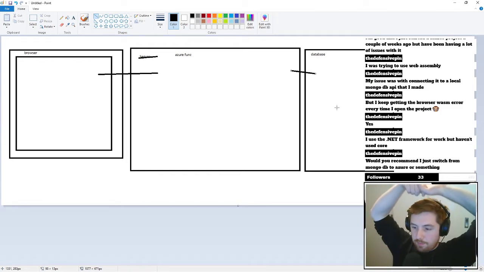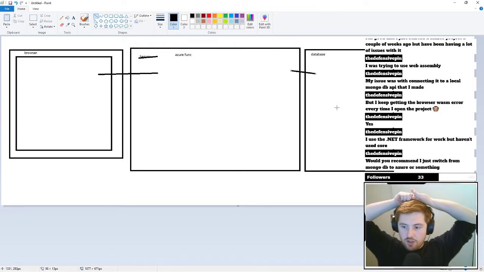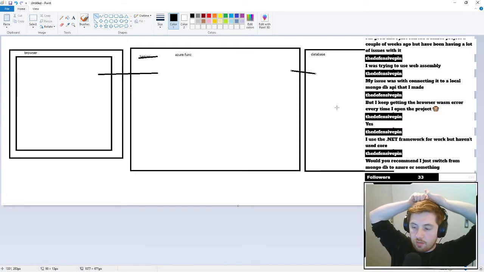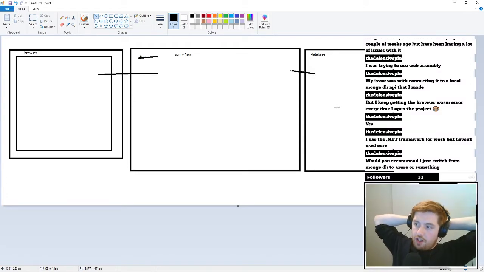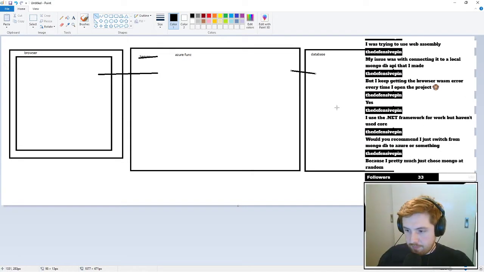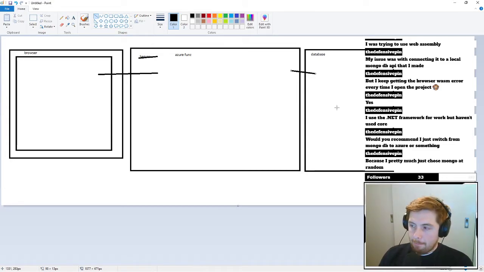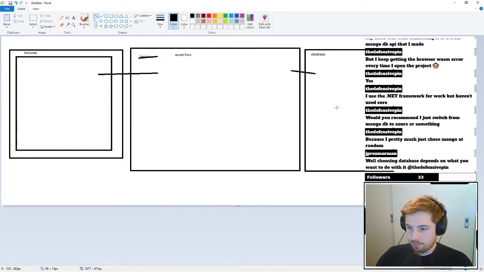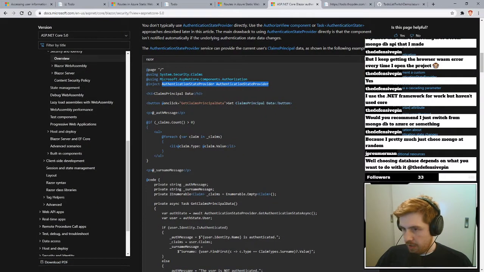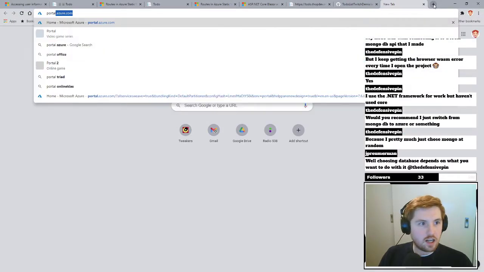So, would you recommend switching from MongoDB to Azure or something? Not necessarily. Because you just chose Mongo at random. If you don't have any experience, it really depends on what you want to do. But if you don't have any prior experience, you could look at Table Storage. But for example, if we check our portal,